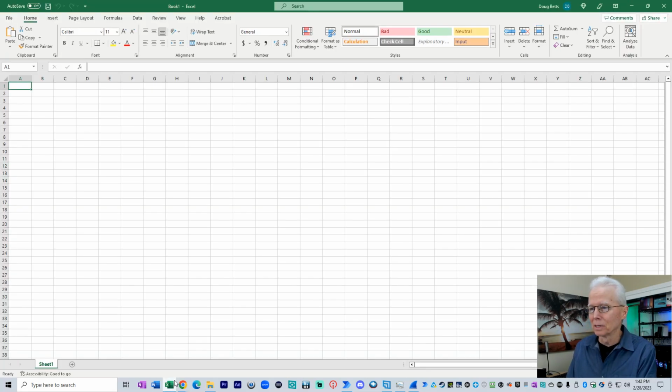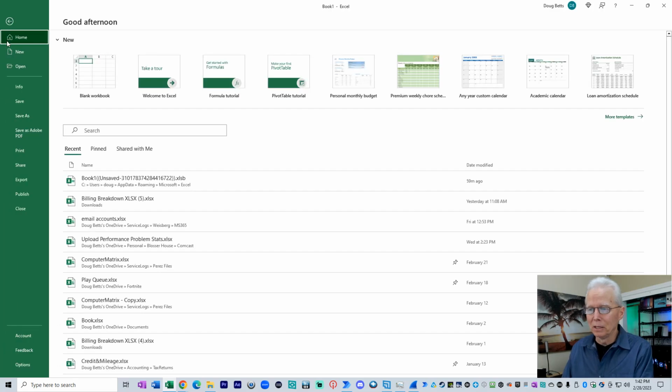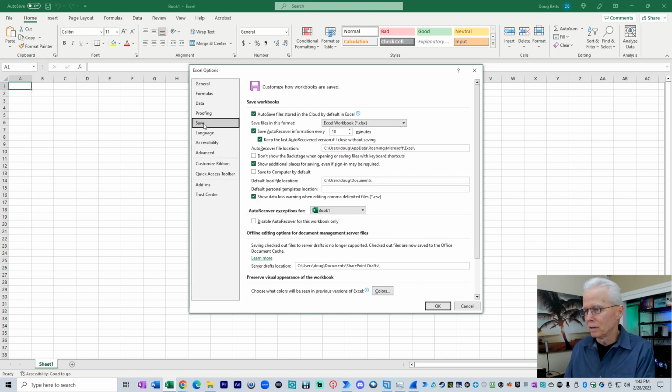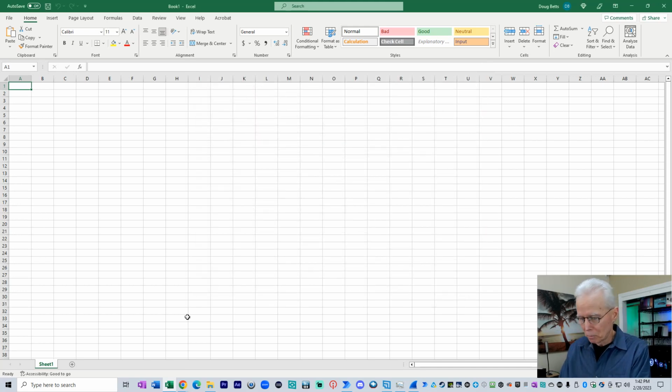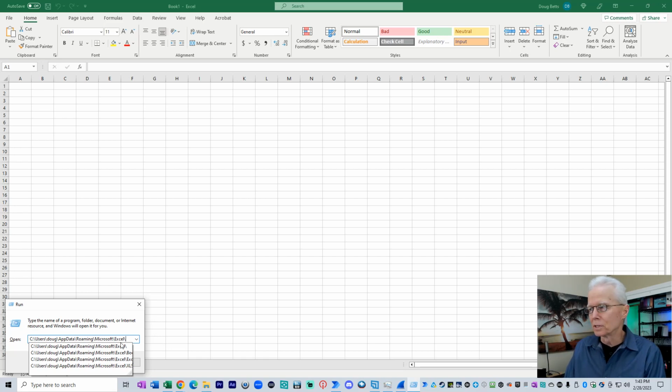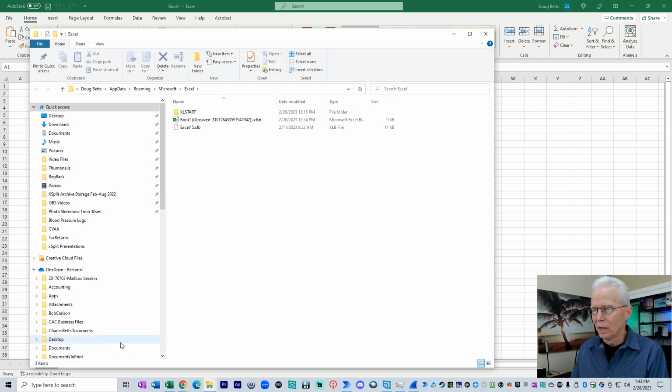Go back into Excel, then come to the File menu, come down to Options, select the Save menu, and look for this Auto Recover File location. Then I'll highlight all of that, Control-C to copy that to the clipboard. Then I'm going to press Windows key R to bring up the Windows command and Control-V to paste that item there. Now it was already there because I've done that before starting this video recording. Press Enter, and that opens up the folder